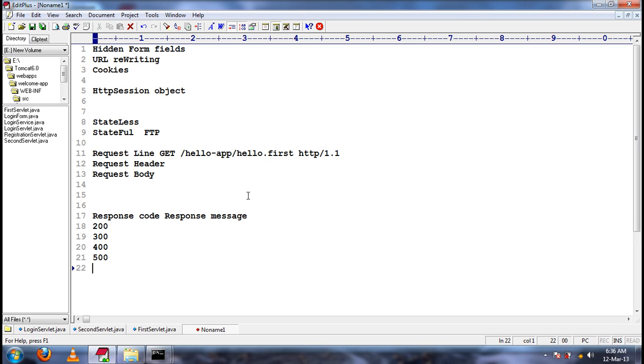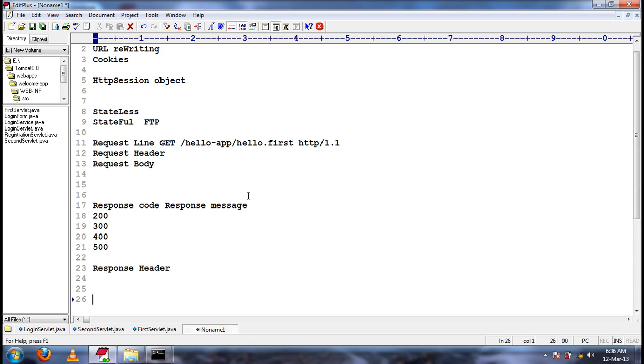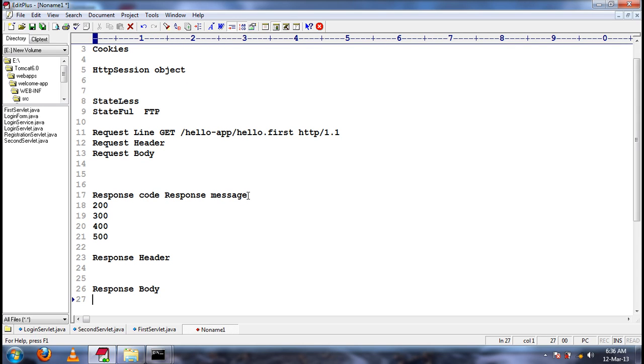The response header contains all the header information, and the response body contains the content that is supposed to be displayed in the browser.